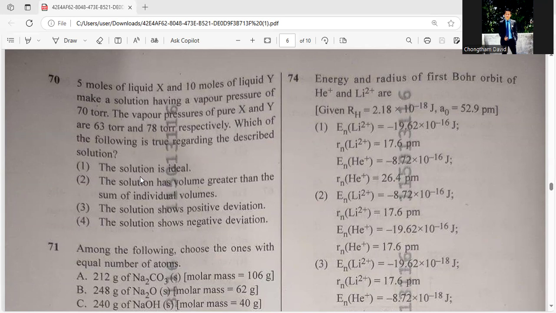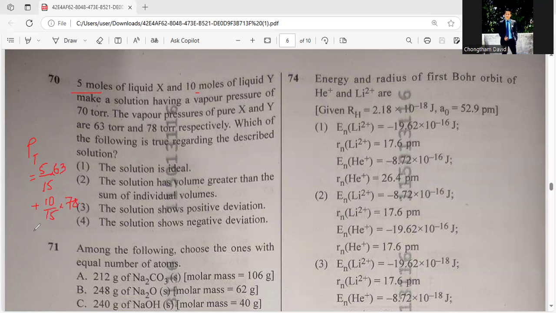So according to Raoult's law, we have total pressure PT, let us say, equals 5 out of 15. This is the mole fraction because you have 5 and 10 moles. Mole fraction into its vapor pressure in pure state plus 10 out of 15,